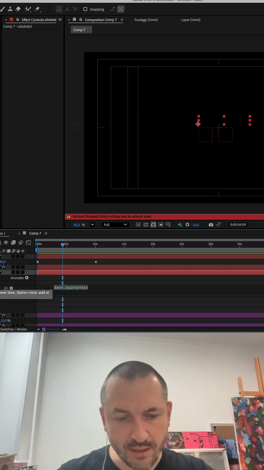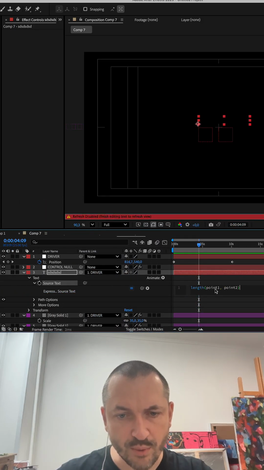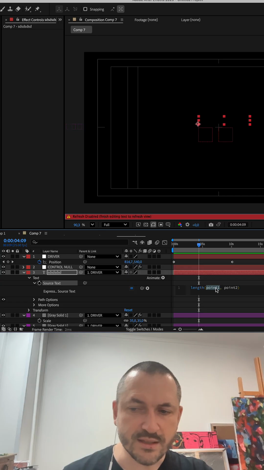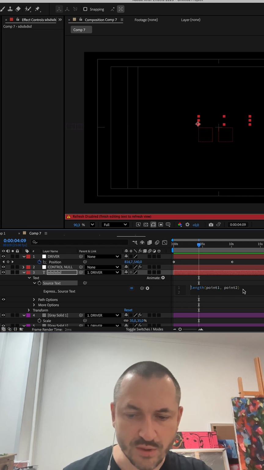For distance we can use vector math, length, and we need 2 points, point 1 and point 2. Point 1 is us, but we are connected to the driver. What does it mean? It means our coordinate is always constant.